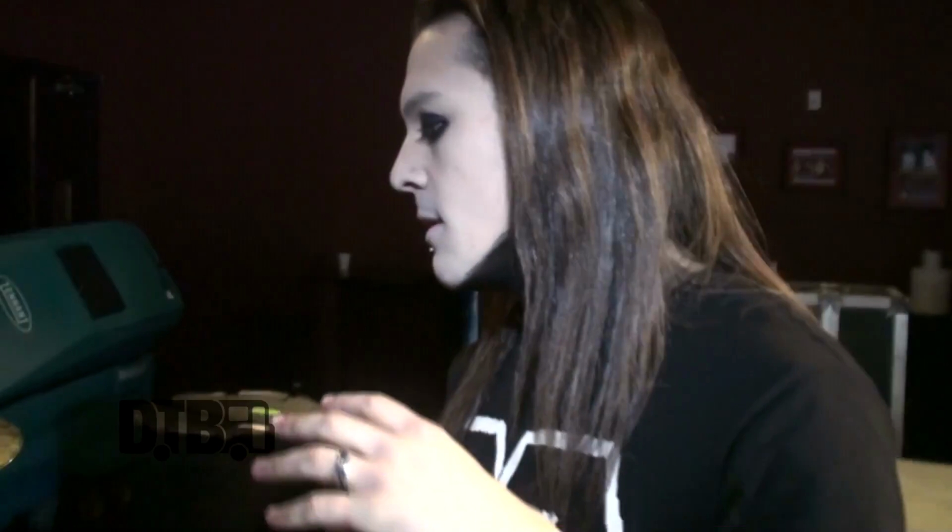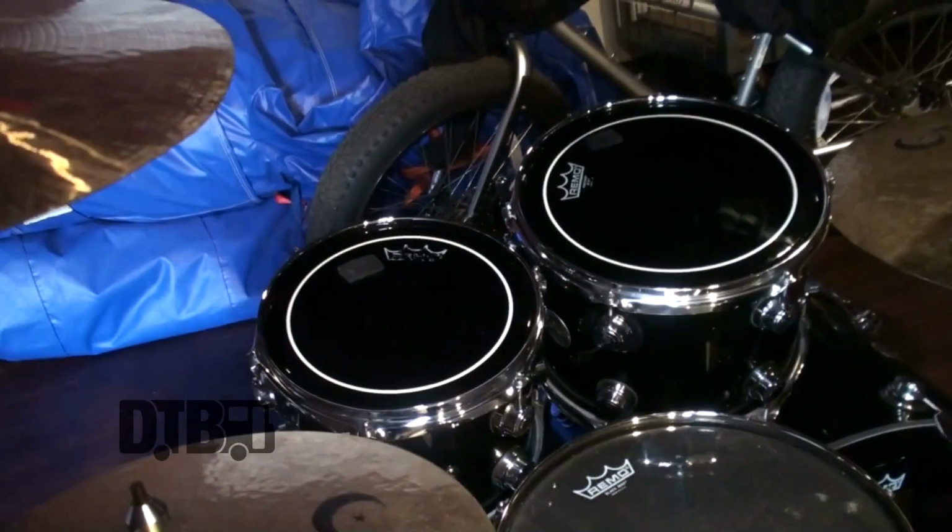Why not, right? The reason I'm using the Pinstripe Ebonies on the toms is they've got a warmth, but they've also got the attack that I look for. It's very controlled. Having the Pinstripe and then putting a little Moon Gel on them allows me to have a very controlled sound and tone. It gives me the warmth, but it also gives me the attack, like I said, and that's the reason that I chose those. And the reason for the snare, like I said earlier, is